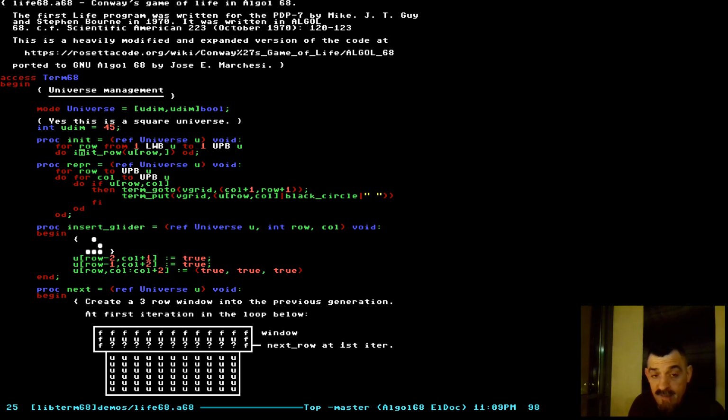All right, so long story short, init gets a reference to a universe, a name of a universe, and it initializes it all to false. There is no life. Then we have another little routine here, which gets a universe and prints a representation of this universe on the screen. It iterates through all the rows and all the columns in the matrix in the universe. It checks if each entry is lifeless or has life in it, there is a cell in it, and then in case there is a cell in it,